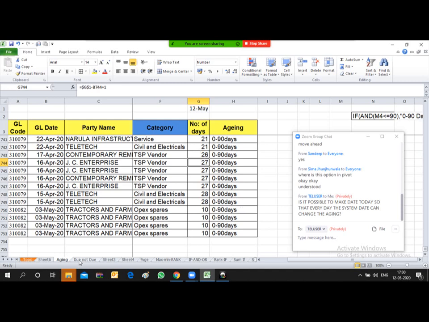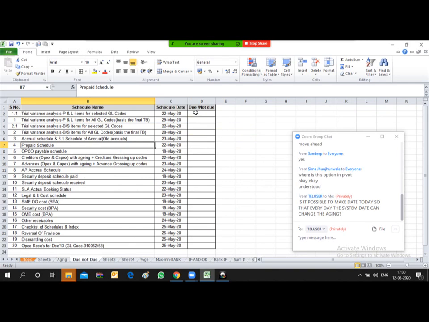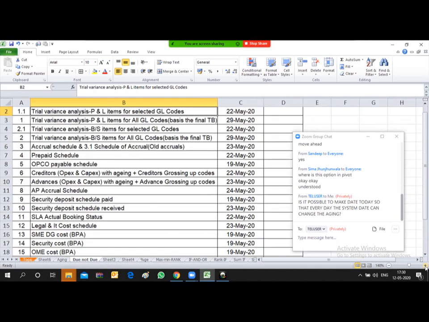So let's move to this due date kind. How can you derive the due date? Let's understand the table.